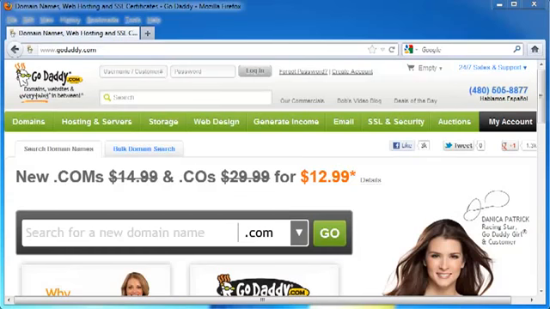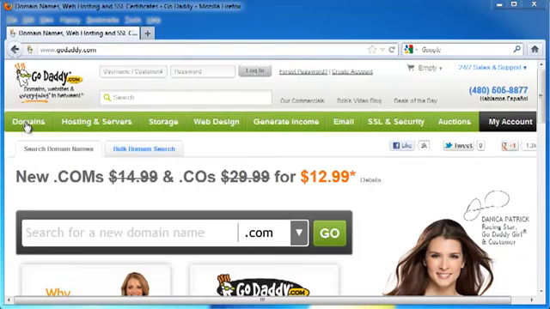For this tutorial, we're going to take a look at how to buy a domain name. Now there are lots of sites that will allow you to buy a domain name. We're going to be using GoDaddy.com, but other sites include Namecheap.com, Bluehost.com, and many more. So let's go ahead and take a look at our front page here and see what kind of specials GoDaddy